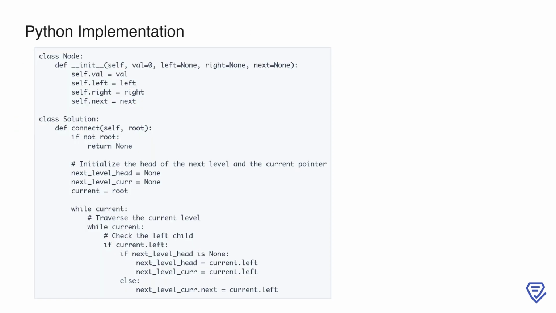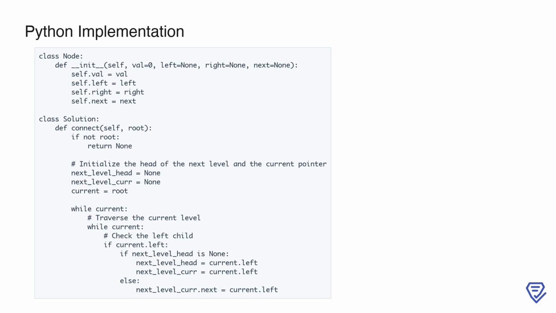Here, we define a node class to represent each node in the binary tree. Each node has a value, along with pointers to its left and right children, as well as a next pointer that we will populate. Then, in the solution class, we define the connect method. This method starts by handling the edge case where the input tree is empty, immediately returning none if the root is null. Next, we initialize 3 pointers, next_level_head to track the start of the next level, next_level_cur to build the